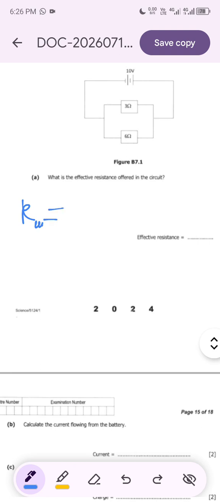in a parallel connection, we say effective or total resistance is equal to 1 over resistance 1 plus 1 over resistance 2. You can go on and go on. If you have 5 resistors, you can even go up to 1 over resistance 5, basically. So this is the formula that we are going to use for us to find the resistance in a parallel